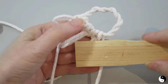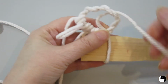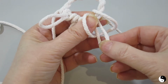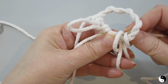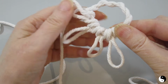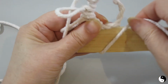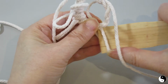So what I found is if you put your paint stick on there, you're just going to bring it around to the back and pinch that before you release the paint stick. Now your loop is already through. You can just bring it down. Now you can just insert a finger there to hold that tight and release that and pull back. And then you're not really fussing with it too much, as I did with the previous 3. So again, bring your paint stick back, bring it around the back, release it,